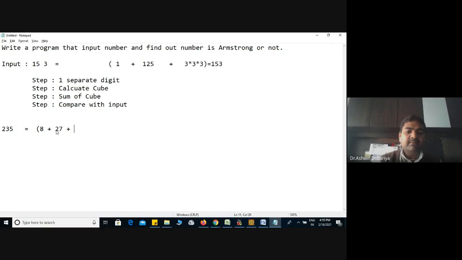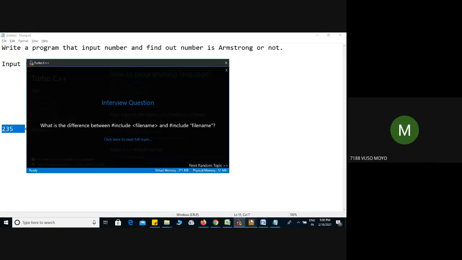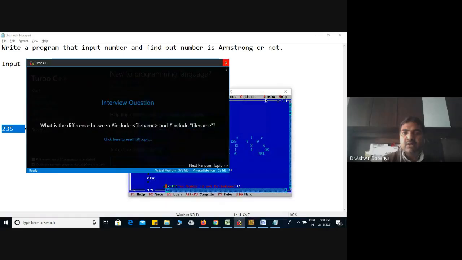Now make a total. The total is 160. Is the sum equivalent to the original number? No, sir. So this 235 is not an Armstrong number. I hope it's clear. Now let's see how to write this program.